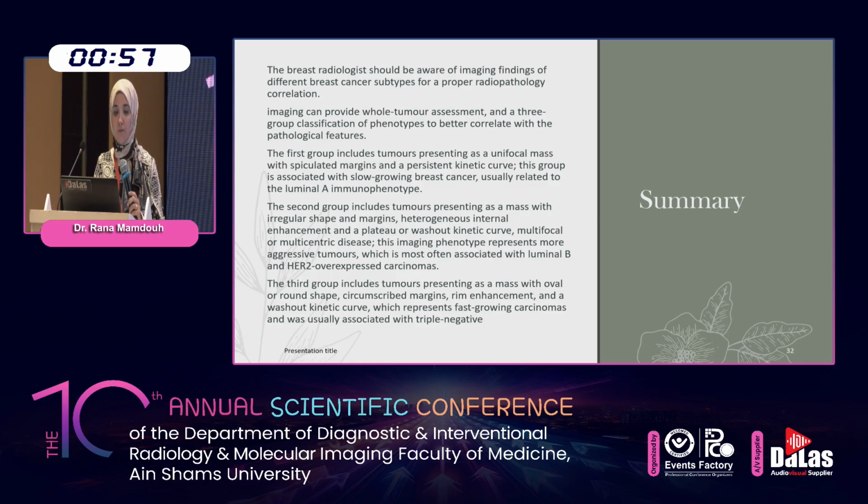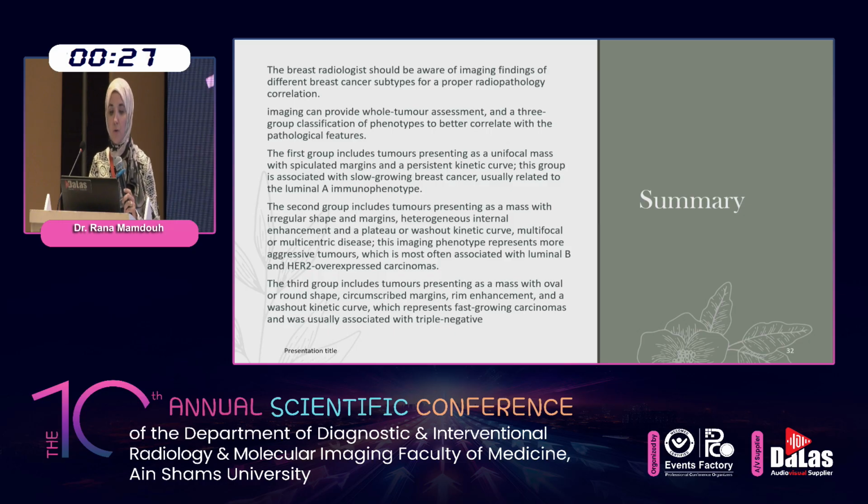The first group includes tumors presenting as a unifocal mass with spiculated margin and persistent kinetic curve. This group is associated with a slow-growing breast cancer and related to luminal type A. The second group presents with a mass, irregular shape, margin, and heterogeneous internal enhancement and plateau or washout kinetic curve, multifocal or multicentric mass lesion,